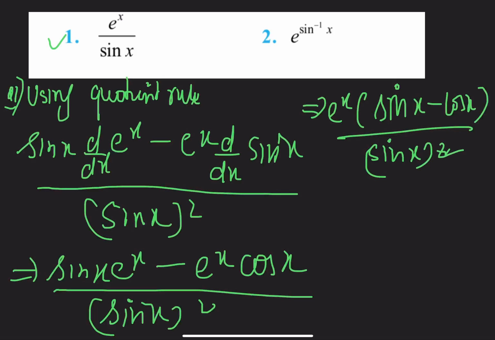And I don't think we can solve it further. No, we can't solve it further. So this is your final expression. So this is your dy by dx. This expression was y, y is equal to this. That's your question 1.